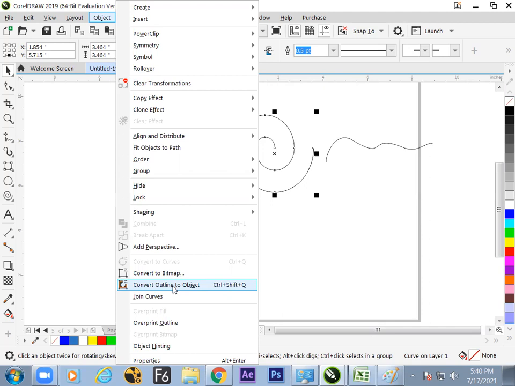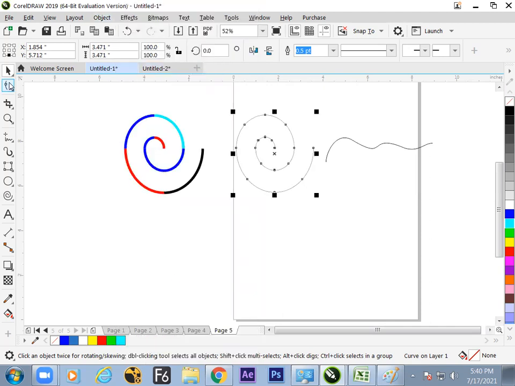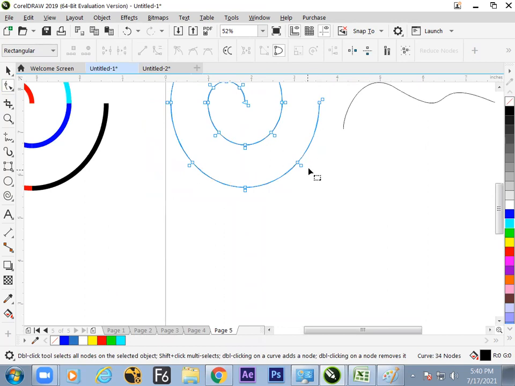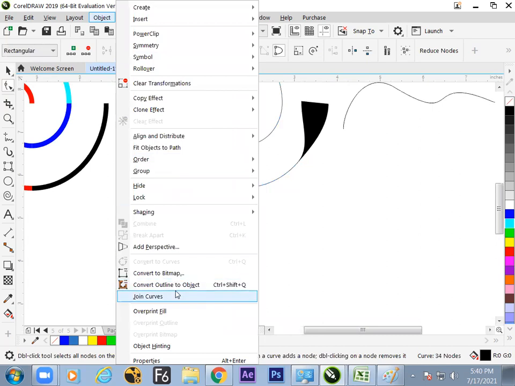Once you convert outline to object, we can find a thickness inside your same stroke. So the stroke will turn into fill color through the option called convert outline to object. Note it down. It's a new thing you have learned and it is quite important.